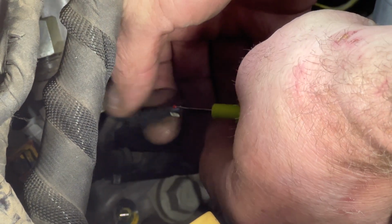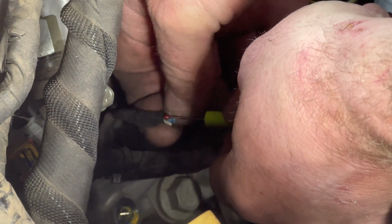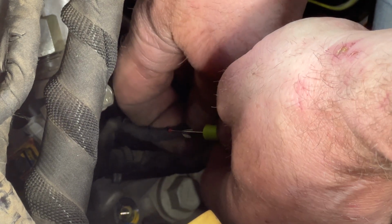So now let's go ahead and expose some more of the wire there, and either peel that tape back, or let's see, I'm gonna try this. A lot of times you can use a seam ripper like this. You can get these in the sewing department at Walmart, but it works pretty good for projects like this. And you can get up under there without tearing the wire. So just kind of get up in there,